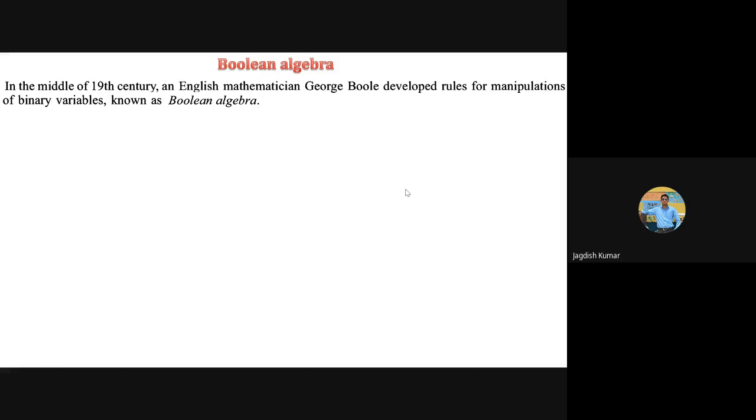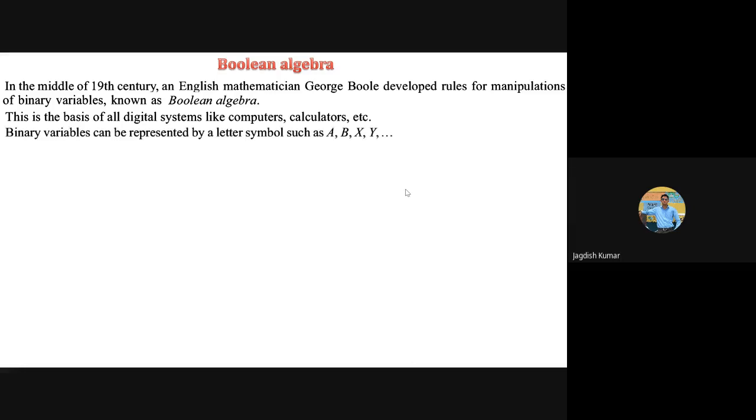So Boolean algebra is good in the cases where there are only two possibilities for the outcome of any particular variable. So this Boolean algebra is the basis for all the digital systems, like the computers we are using, calculators, and even all your smartphones. All the devices that use digital electronics or digital technology have somewhere employed Boolean algebra. Why and how, that is going to be clear shortly.